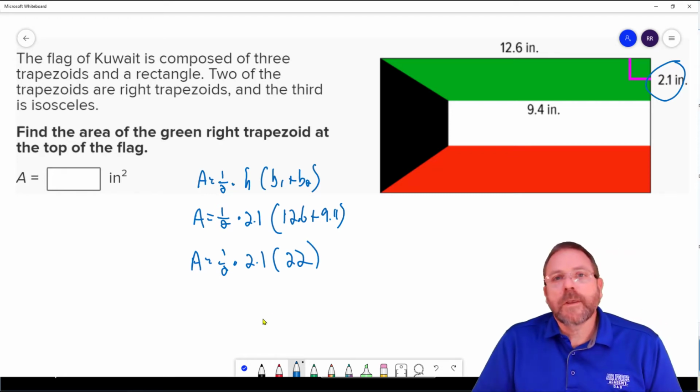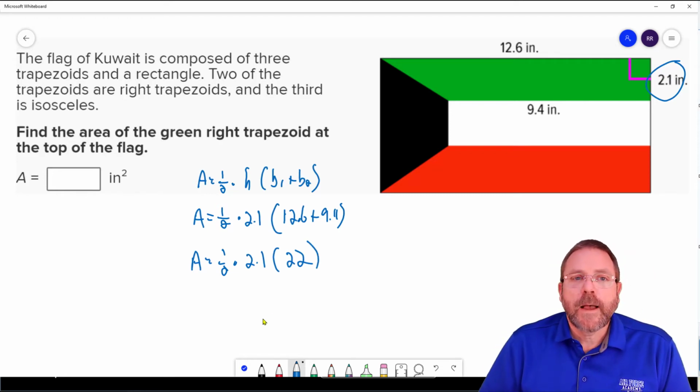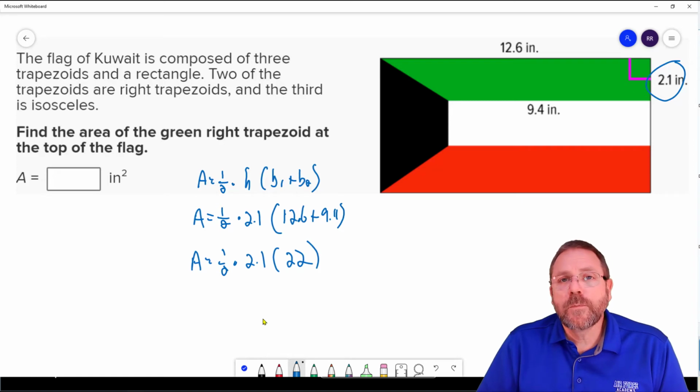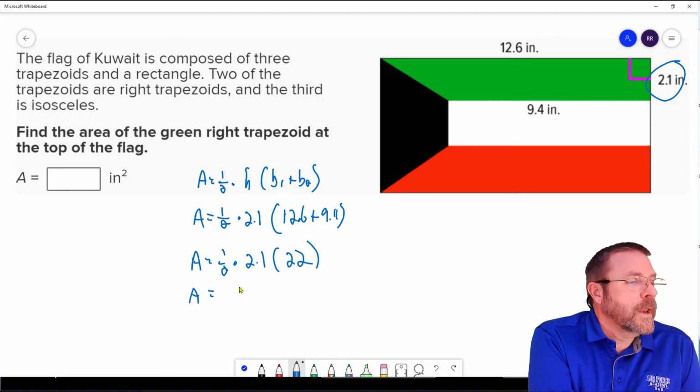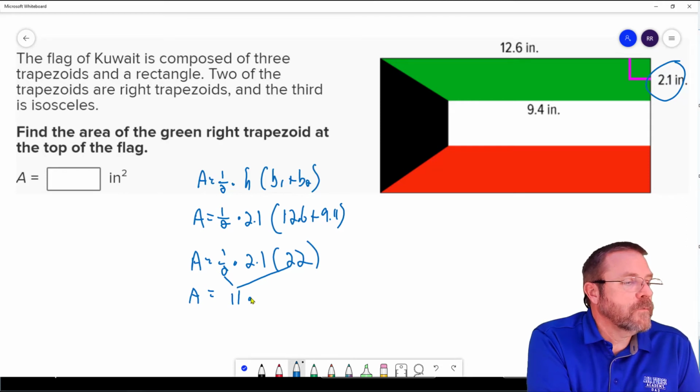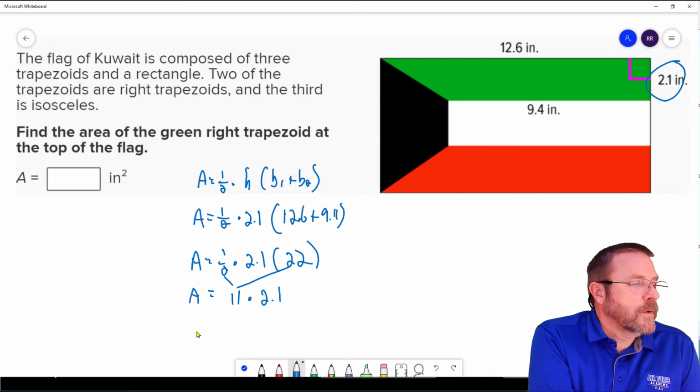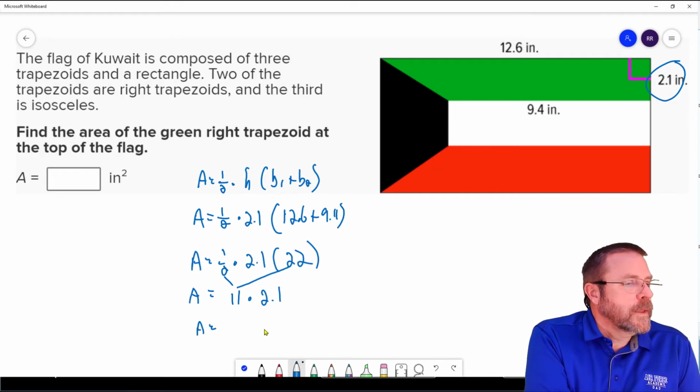And now, once again, I get a choice. I can take and do 1/2 of 2.1, 1/2 of 22, or 2.1 times 22. And I'm going to end up doing 1/2 of 22, which is going to be 11, times my 2.1. And from there, unless I'm mistaken, that answer is going to be